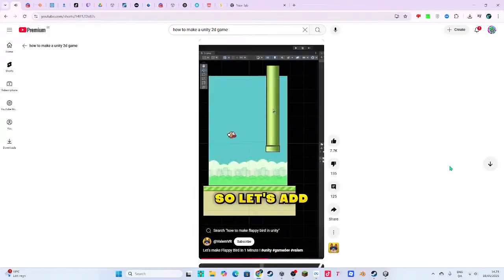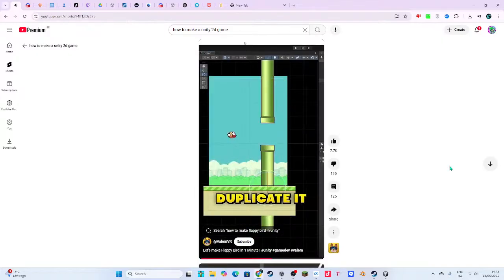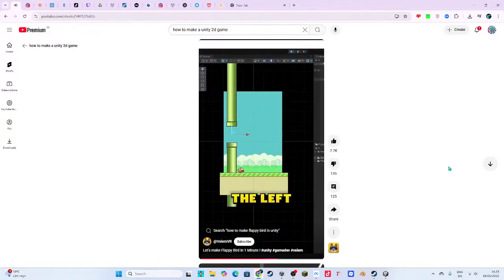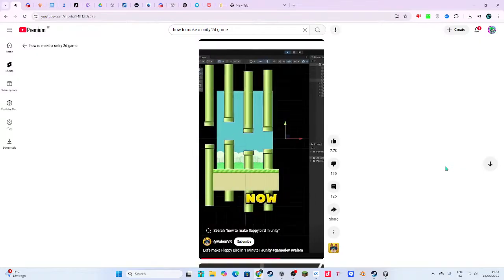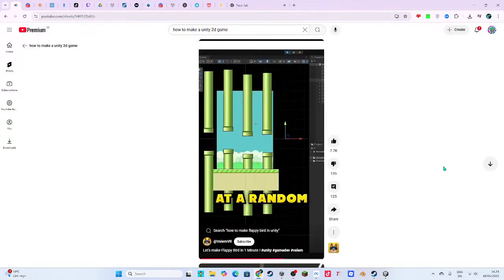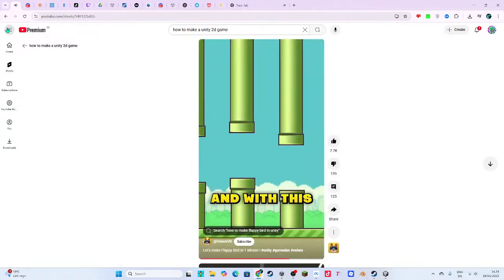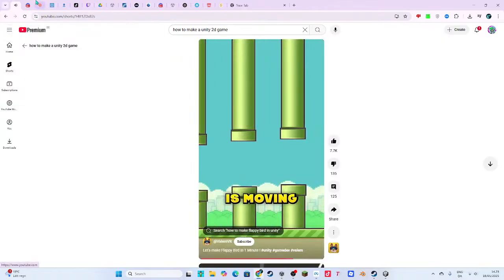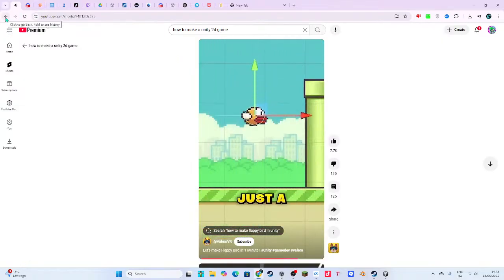The pipe. So, let's add this sprite, duplicate it, and make the two pipes move to the left every frame of the game. Now, we just have to spawn these pipes at a random height. And with this trick, it will look like the bird is moving. But right now, there is just a small